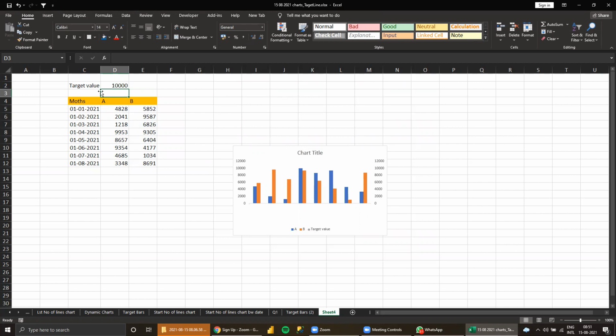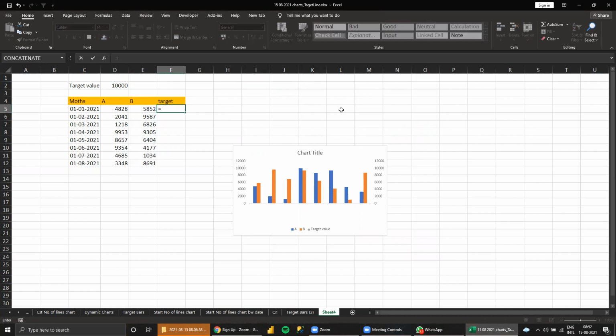Okay, so one more method, this method I'll tell you. So one more method is we have the target line here. We'll see that. Why is that not appearing? I'm still clueless.